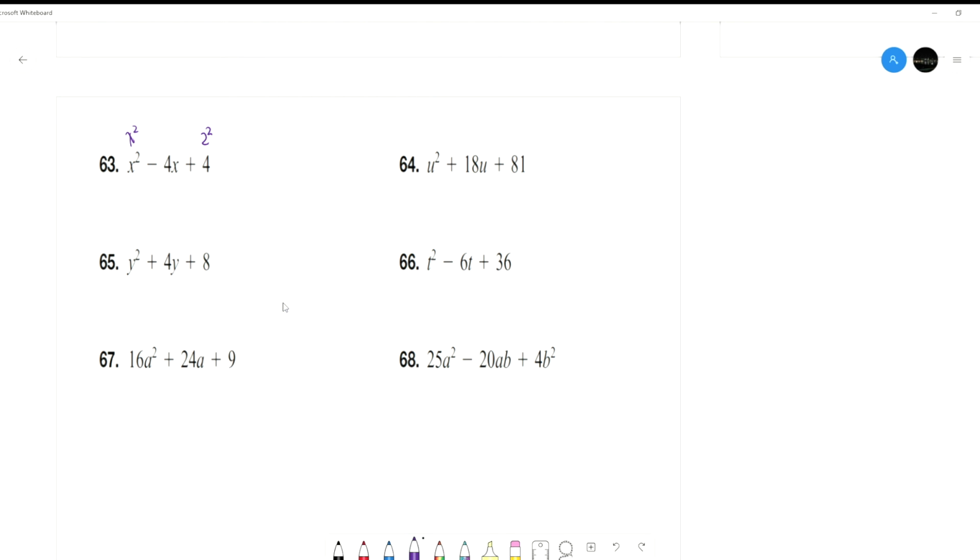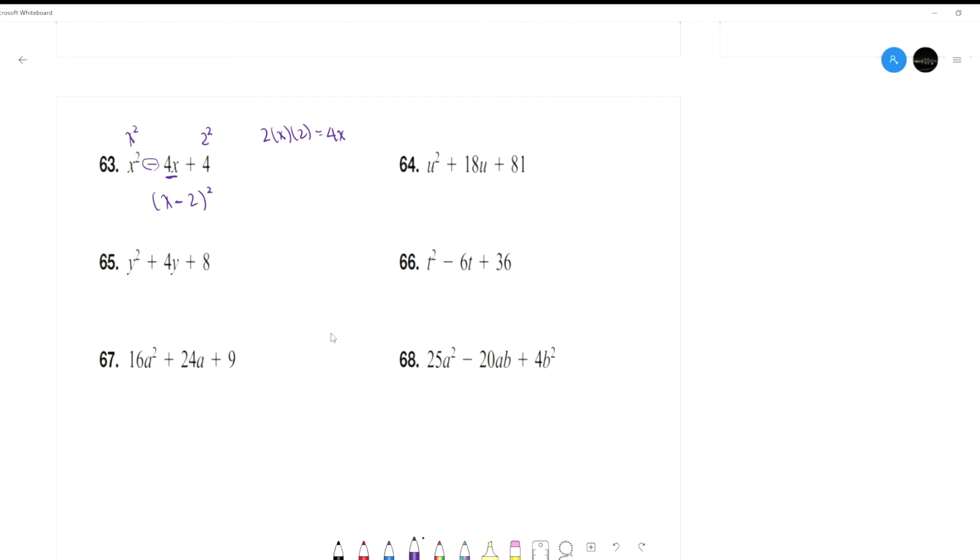So I'll test it out now. I'm going to do 2 times x times 2, and that comes out to 4x, right? 4x right here with a minus sign. So that means this is going to factor into (x minus 2) squared,